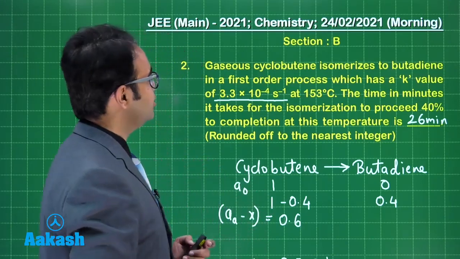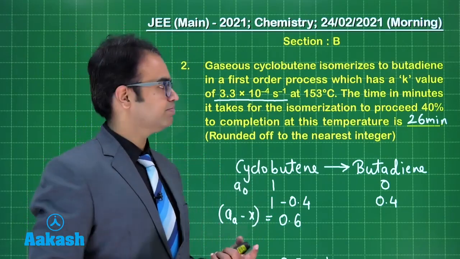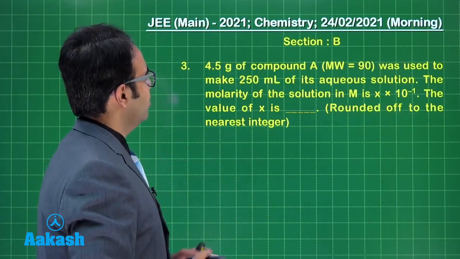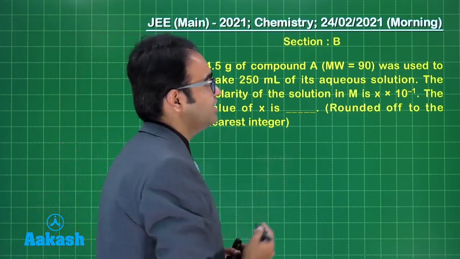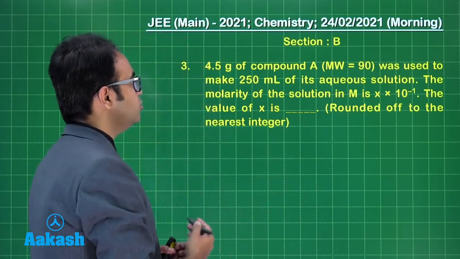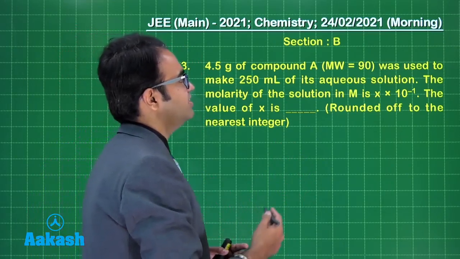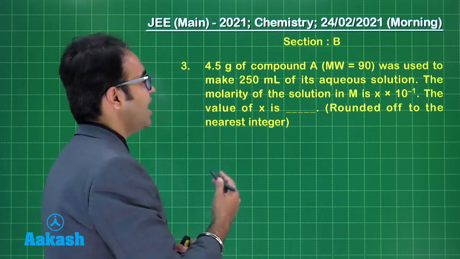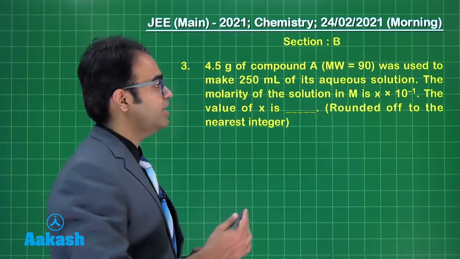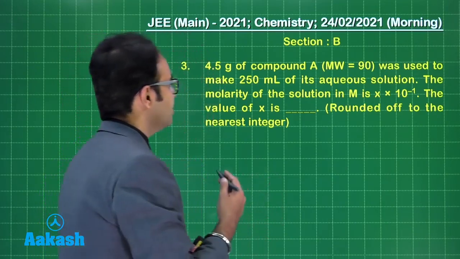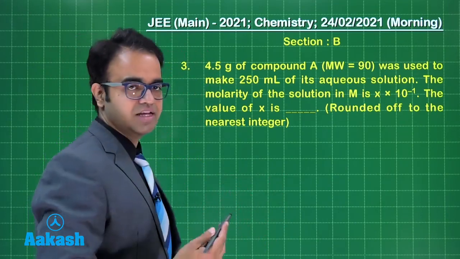Let us look at the next question. 4.5 grams of compound A, molecular weight is 90, was used to make 250 ml of its aqueous solution. The molarity of the solution M is x into 10 to the power minus 1. The value of x is...